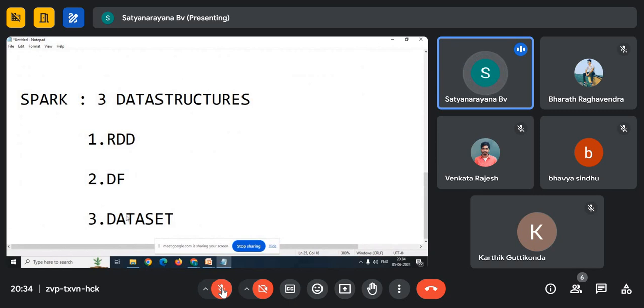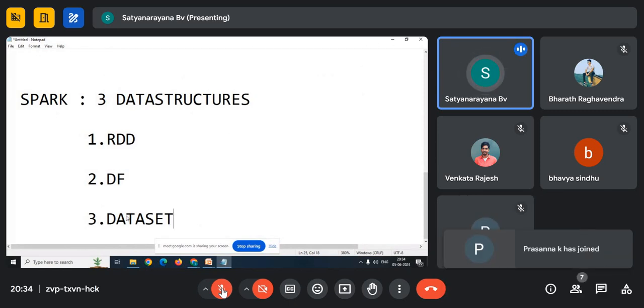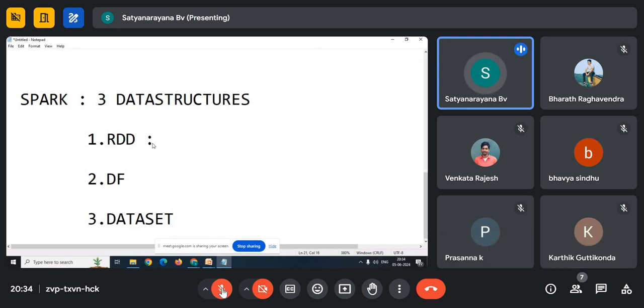See, when you want to create data and analyze it with Spark, you can create the input RDD, or else a data frame or data set. When you create an RDD and analyze it, that process of analysis is called batch processing. This batch processing we will do with what? PySpark.